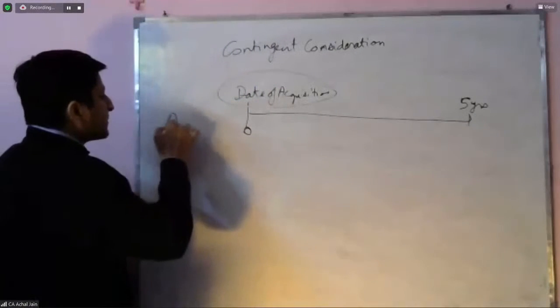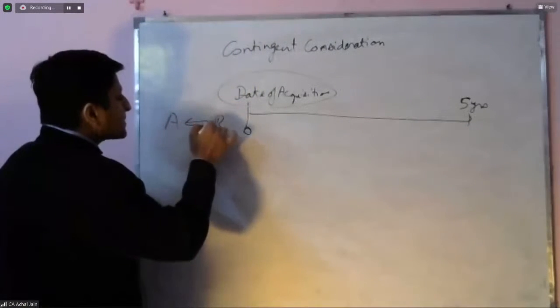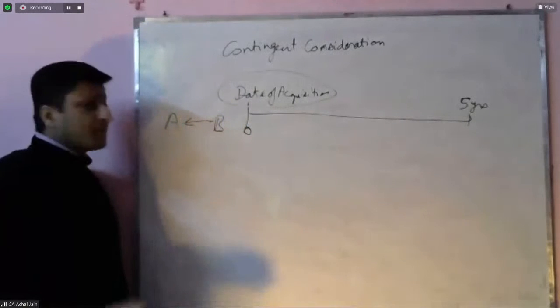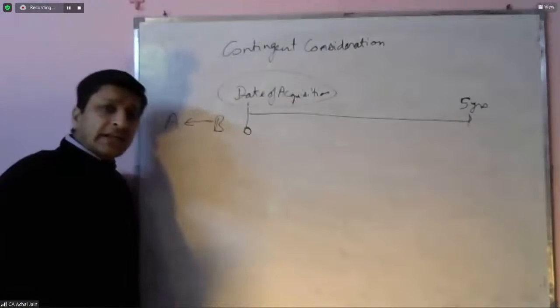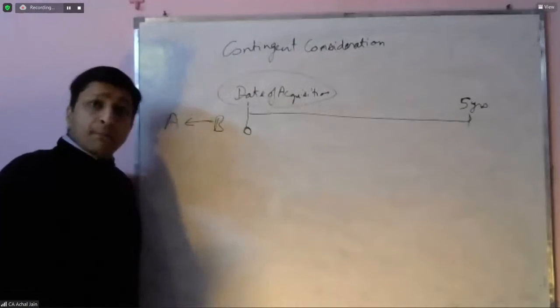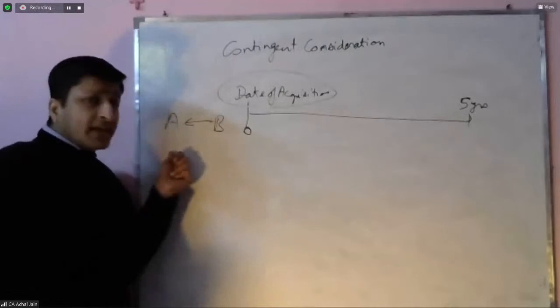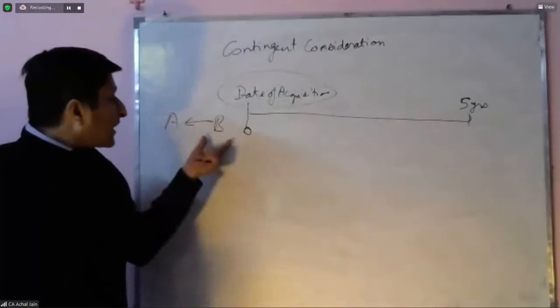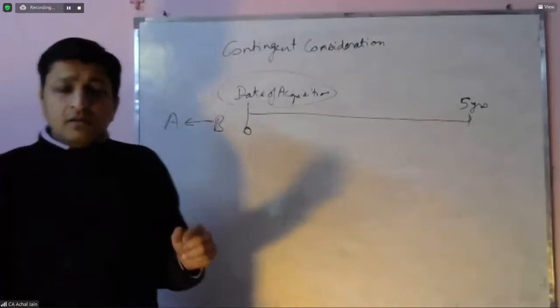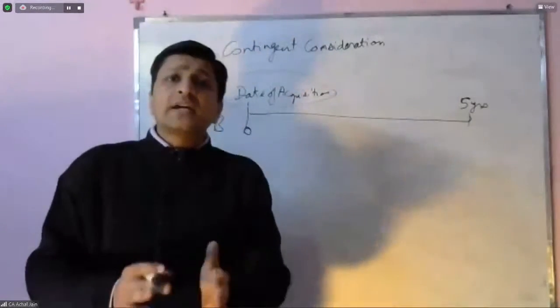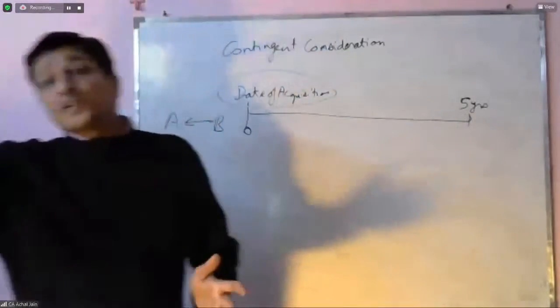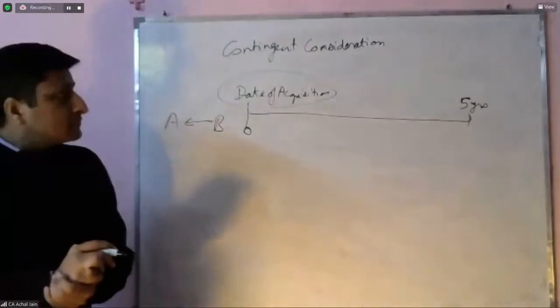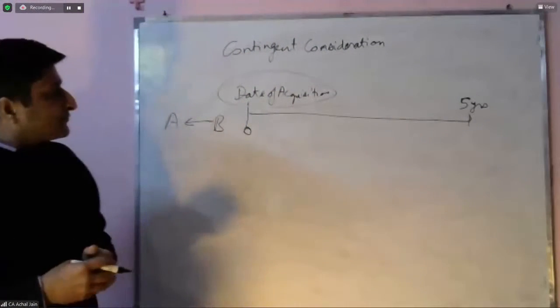Let's suppose A is the buyer, B is the seller, or maybe shareholders of B are the sellers. Many times the buyer agrees to pay for acquisition of business on the basis of certain conditions which will be fulfilled in future. For example,